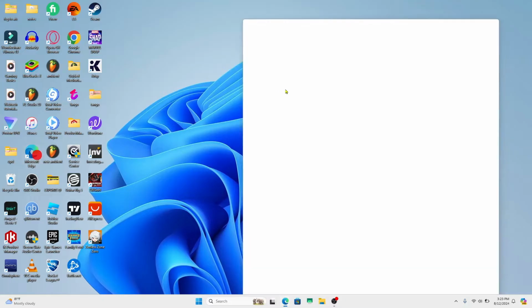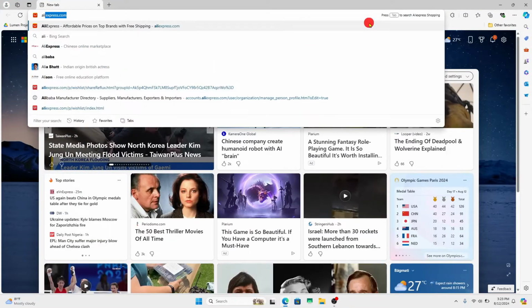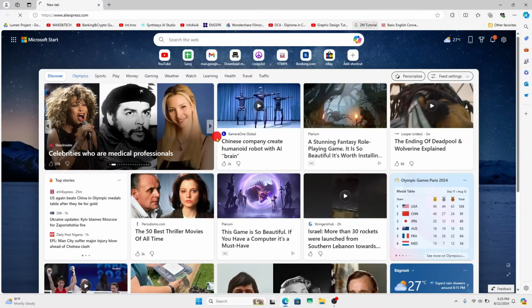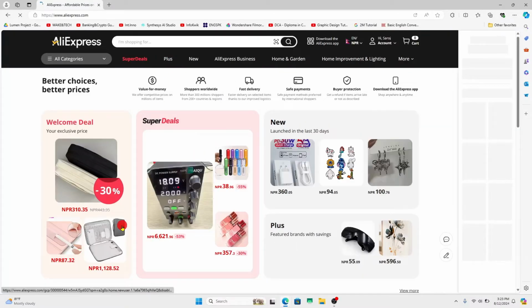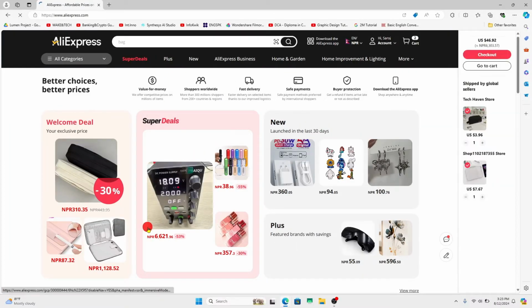First of all, open up your web browser and then in the address bar type in aliexpress.com and press enter. You will now be taken into the official AliExpress website. If you haven't logged into your account already, click on the login button at the left side and proceed forward